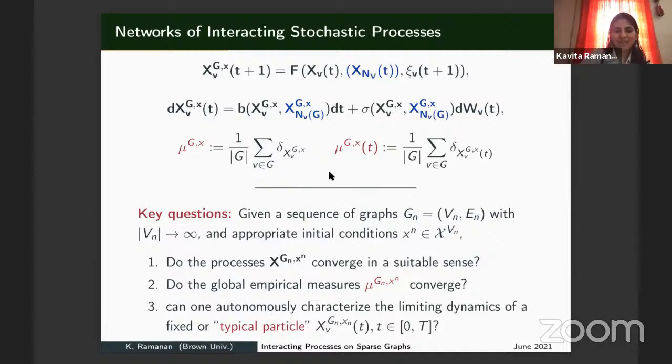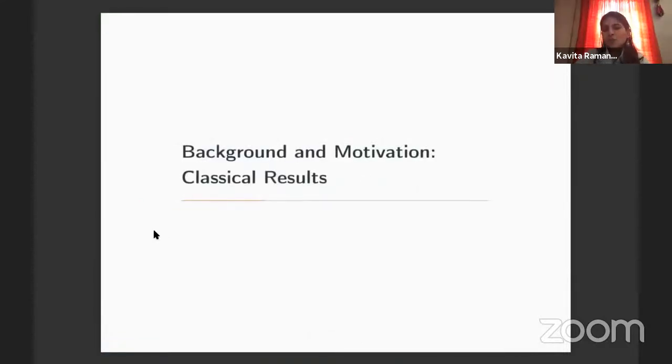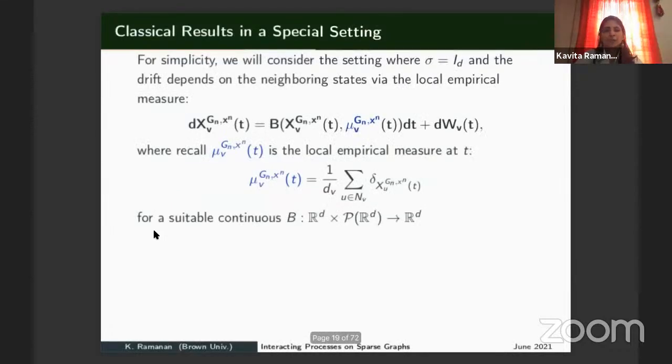Okay. So, like I said, that's the problem formulation. And so what are the background and motivation, like, classical results that we know? So for simplicity, just so that we don't have too much notation going around, I'm going to look at the particular case where you just depend on the empirical measure. And also I just get rid of the diffusion coefficient, in the sense that I just make it the identity. Of course, I don't get rid of it. I need it. So it's non-degenerate, just an identity. The results don't require all of this, but just to keep it simple.